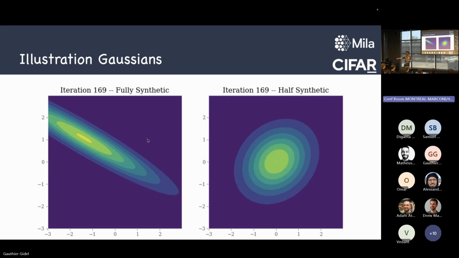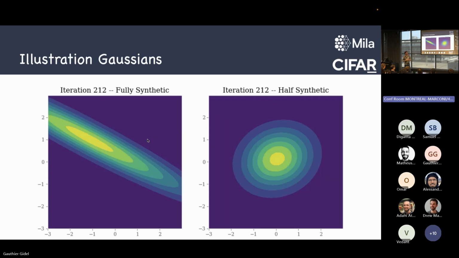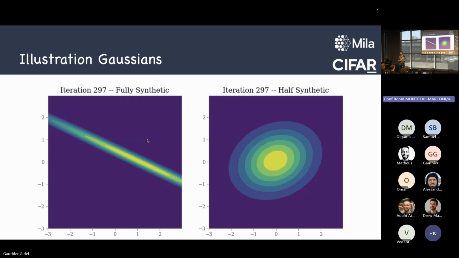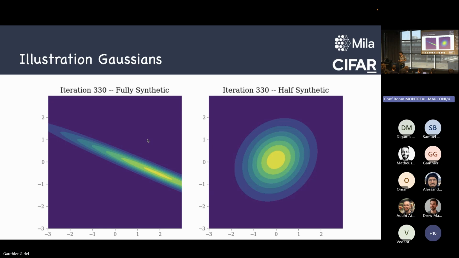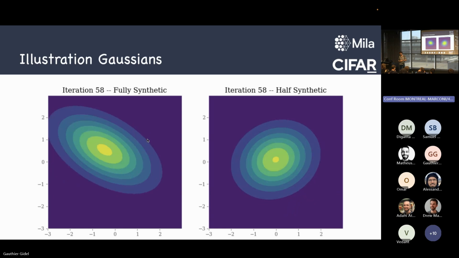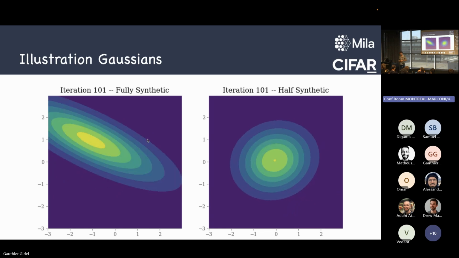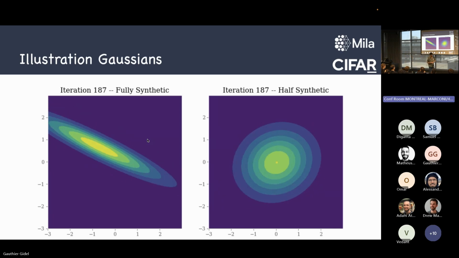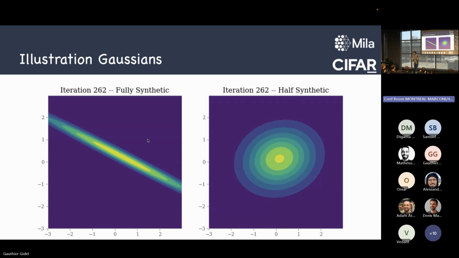The contrast between what I see there and what I saw there is quite interesting. All good? Yeah, so that means that technically for the half synthetic data, you also have fewer data points because your real data is limited. That's a very good point. In order to do a fair comparison, you need to use the same dataset size.